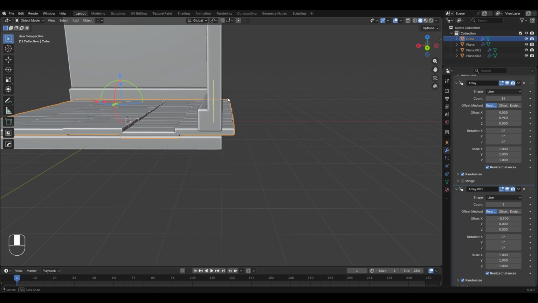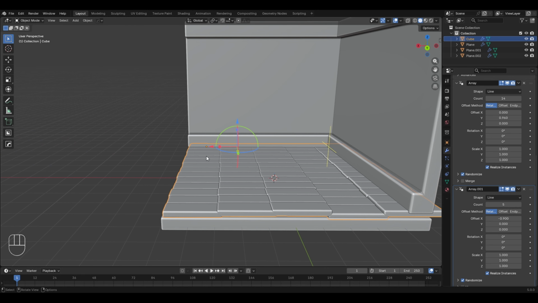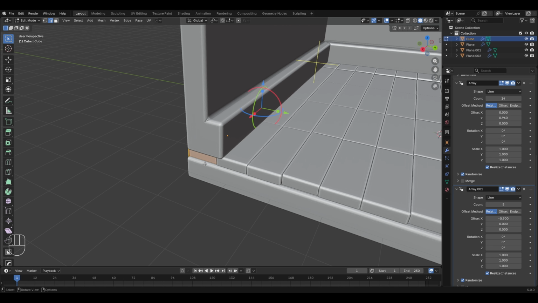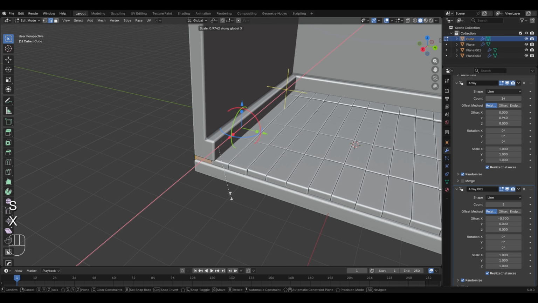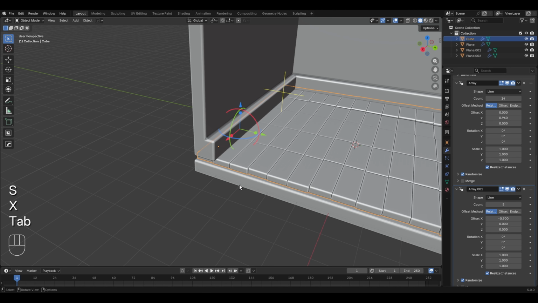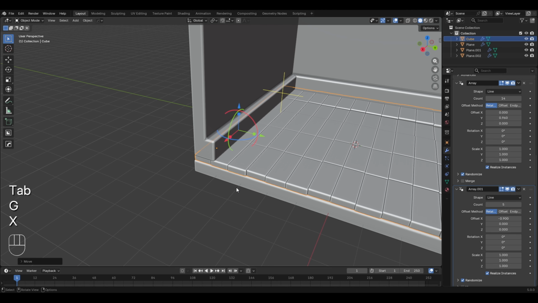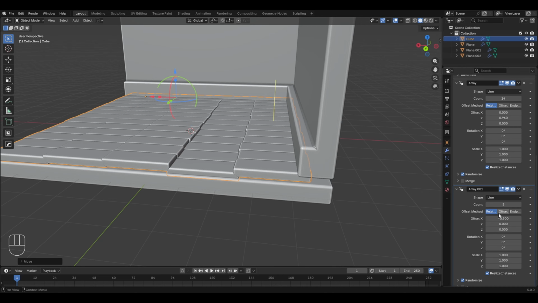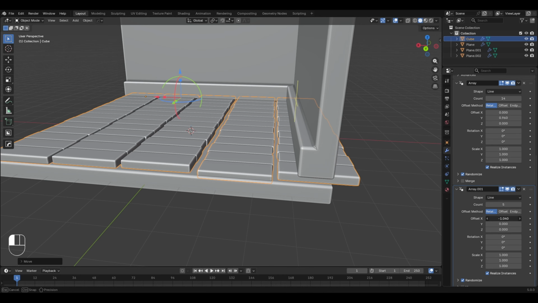And currently the only issue is that this tile sequence is getting outside the view, and I can easily solve this by going to the edit mode, press A to select all. I don't really know where this tile is. Yeah, it is over here. And I'll reduce its scaling slightly in the x-axis, then push it in the x-axis over here. Let's again check that, and this is how it looks. Now I'll go to the offset x value and bring this to, let's say, minus